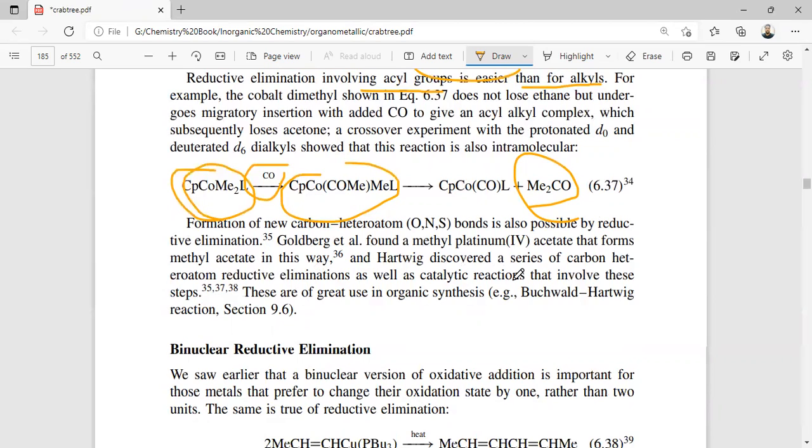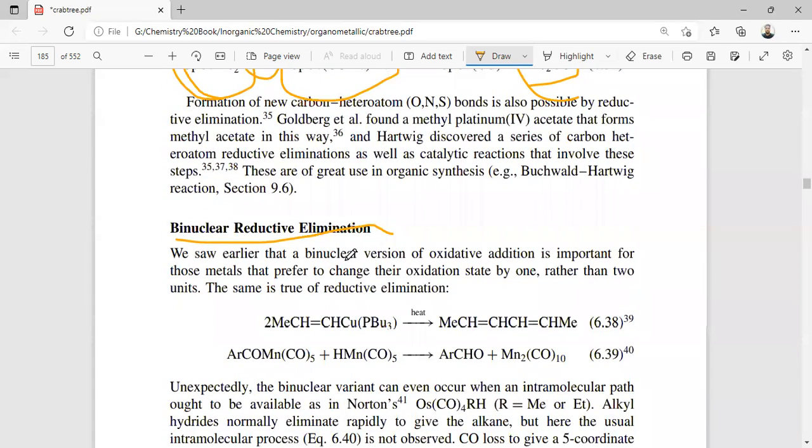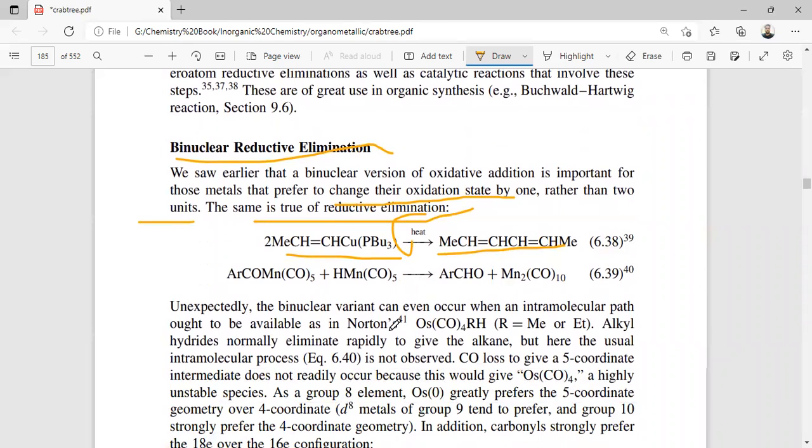So binuclear reductive elimination. Next we will discuss the binuclear reductive elimination. So we saw earlier that the binuclear version of the oxidative addition is very important for those metals that are prepared to change their oxidation state by one, rather than by two units. So the same is true for the reductive elimination. So here this metal complex upon heating forms this product. So unexpectedly, the binuclear variant can even occur when the intramolecular path